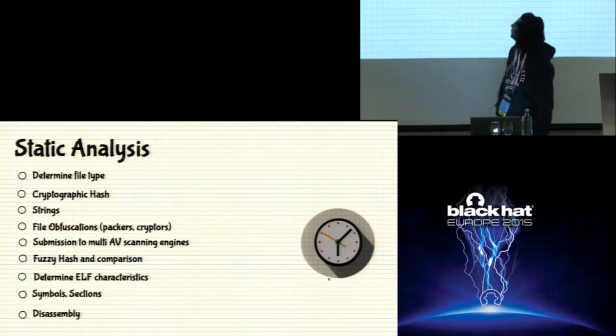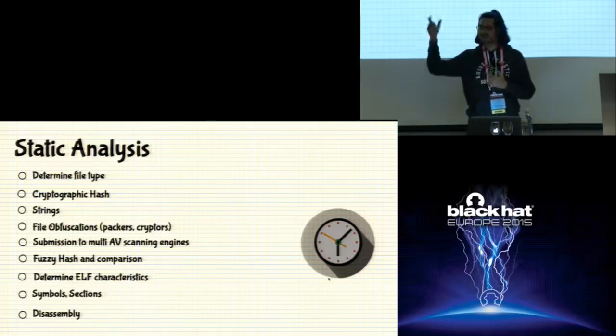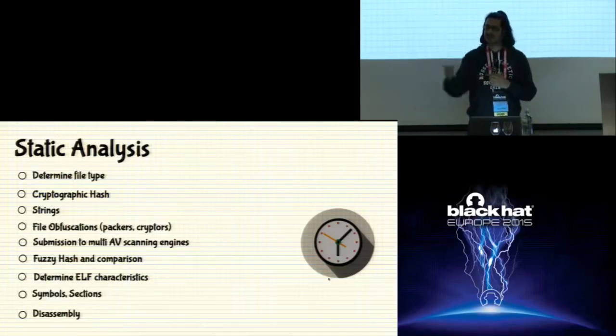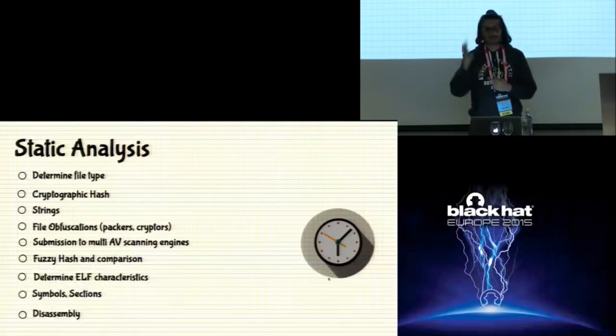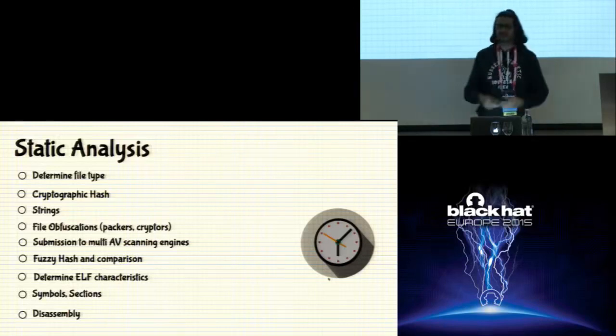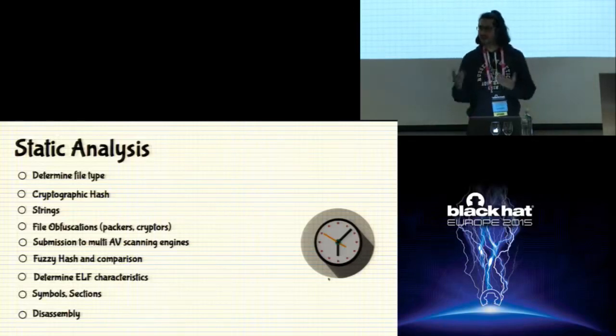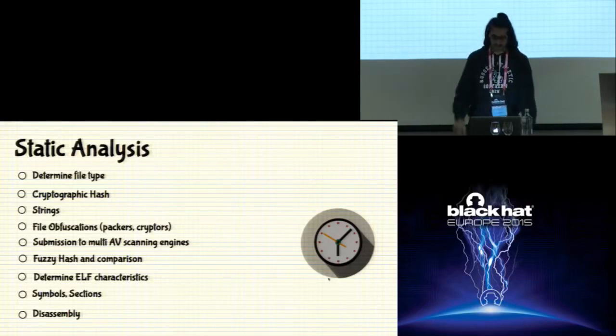Another use of cryptographic hash is to look up services like VirusTotal. You might want to use a cryptographic hash to look up VirusTotal to see how many AV vendors are detecting this, or what malware you're dealing with. And remember, we are still in static analysis, where we are not even executing the sample, but trying to determine the characteristics of the malware. Another use of cryptographic hash is to do a Google search or a search on the search engine to see if anybody has already analyzed this sample and has a blog post on it. So these are some of the uses of cryptographic hash.